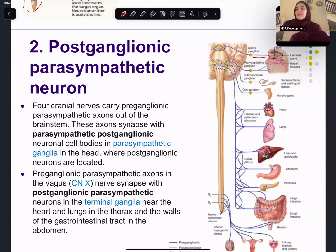Now, it's important to know, you see these, the heart, lung, liver, stomach, pancreas, all of these originate from one parasympathetic nerve, which is the vagus nerve. The vagus nerve is a very important nerve, in context of heart rate, in context of breathing, in context of digestion. So the vagus nerve is very, very important because it contains all the parasympathetic ganglions for the heart, lungs, and the gastrointestinal tract. All right,